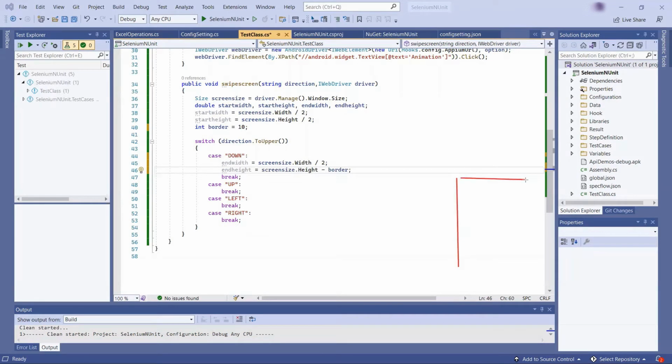Now let's say that this is our mobile screen and I'm going to perform a swipe down operation. So the end location value of the x coordinate will be the same at this point, and the value of the y coordinate will be equal to the height of the screen. Let's say we have a header and footer in the app. So we can use the margin to calculate the x and y value of the end location.